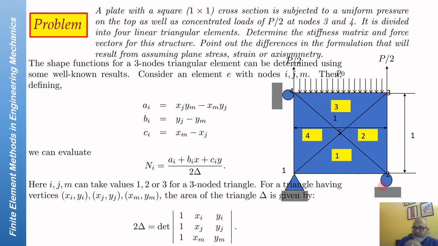The other boundary conditions are as shown, and there are 4 elements that have been used. 1, 2, 3, 4 are the element numbers, and these are the node numbers that have been given. Now these are constant strain triangles. Each of these are constant strain triangles. We are not going to talk about the assembly process and so on. So we will first see how we can calculate the stiffness matrices and the force vectors corresponding to these constant